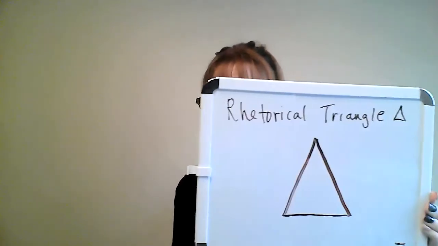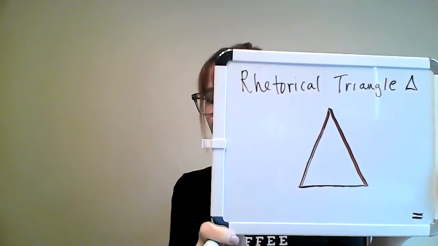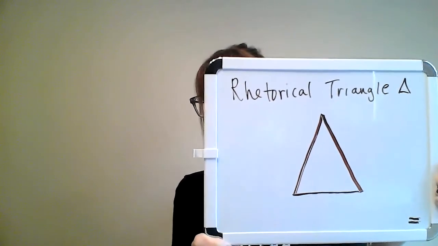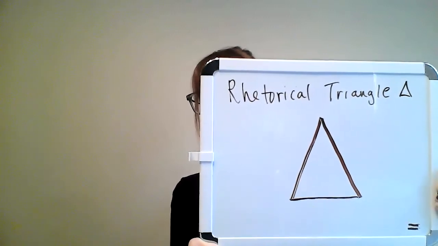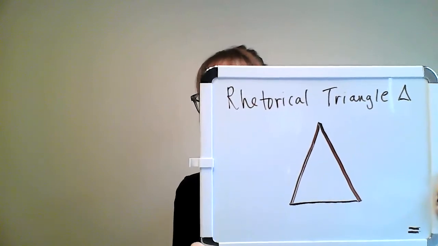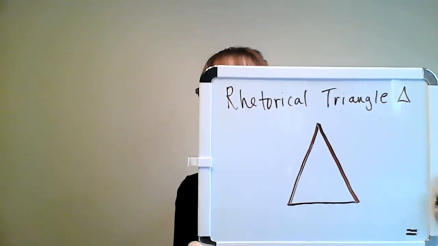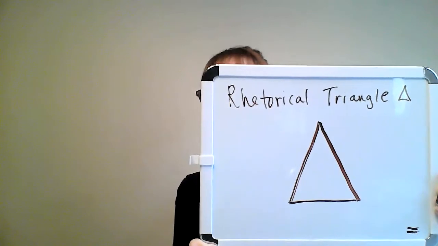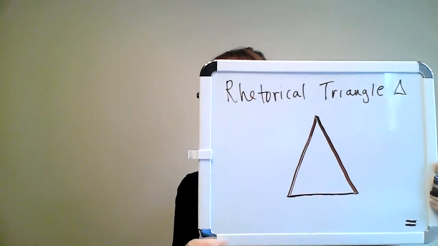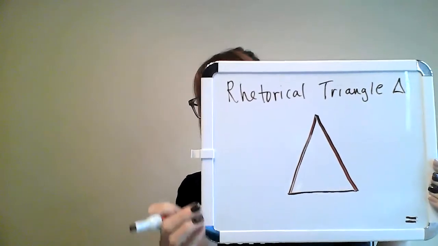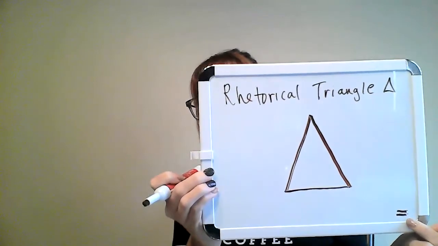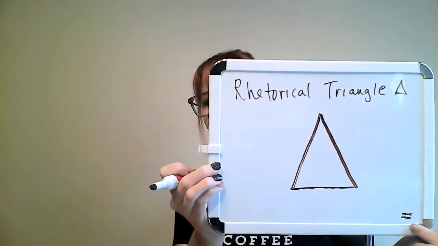It is literally a triangle. Now, the rhetorical triangle is an equilateral triangle, meaning that all sides are equal. You will notice that my triangle is not equal because 1, I am not a math teacher, and 2, I'm not an art teacher. Therefore, my triangle does not look perfect. However, I am an English teacher, so you're going to get the best of me that you can. And I did draw a little equal symbol down here in the bottom corner, so that you will know that this is supposed to be an equilateral triangle.